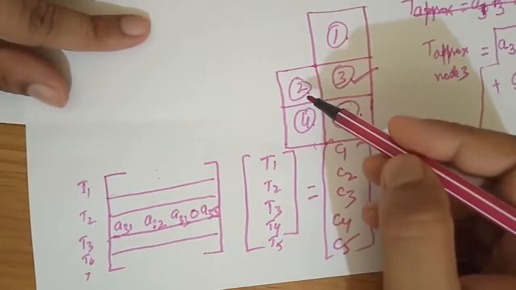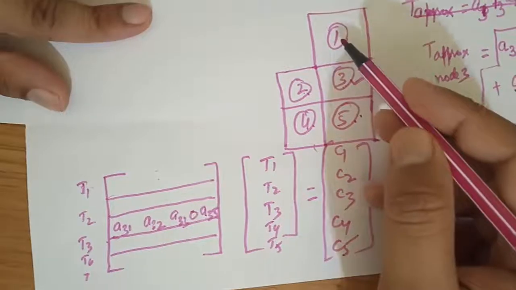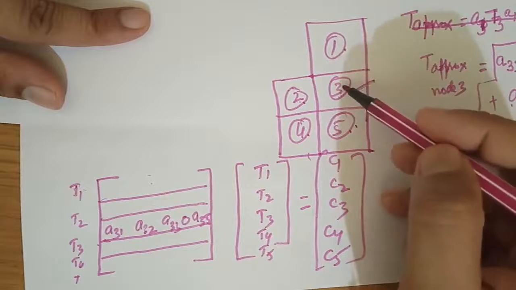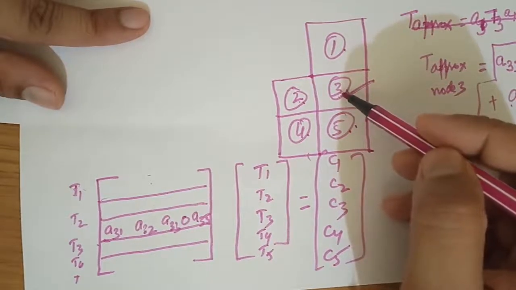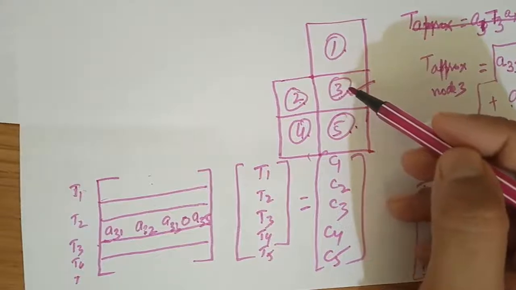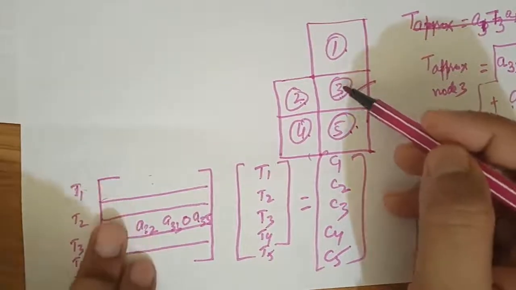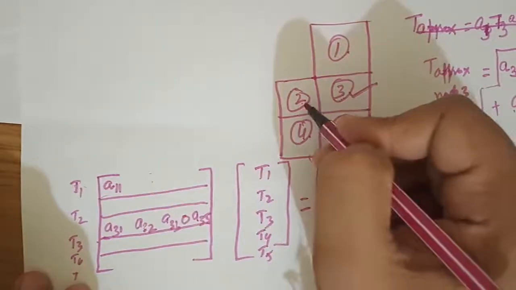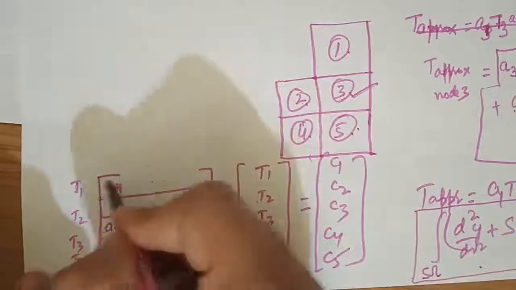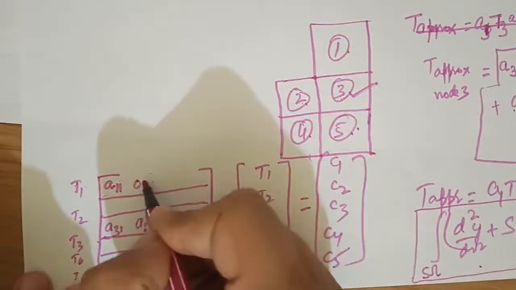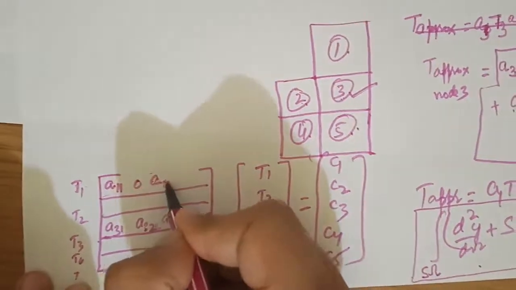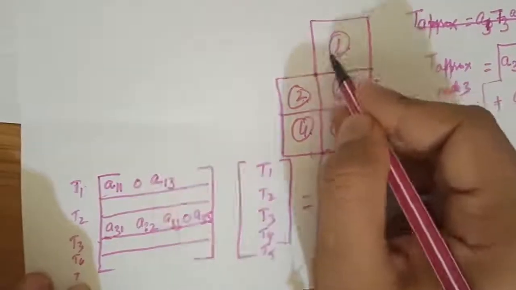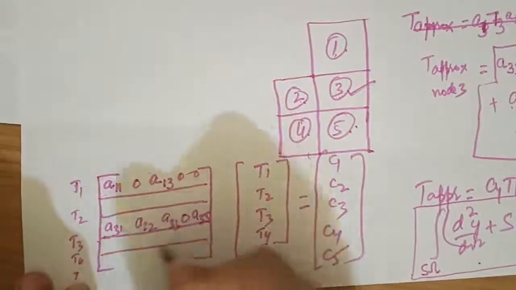Say for instance I want to write down for node 1. Then for node 1, which is a connecting element, node 1 is connected to 3. So essentially I will have A11. I don't have any connection with 2 directly as such, so I have 0. With 3 it is A13. I don't have any connection with 4 and 5 directly, so I have 0, 0. Likewise, I will fill all other rows.